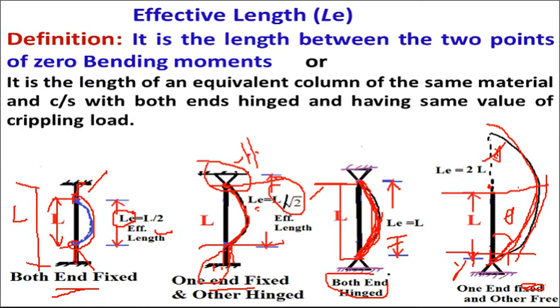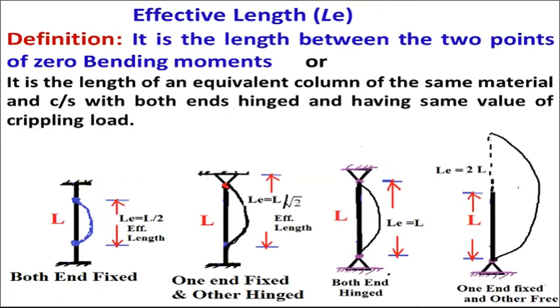Okay, so what is the meaning of curvature? Curvature means the angle made by this particular curve. This particular curve is also called curvature. This is also called curvature. Okay, so this angle theta is called curvature.